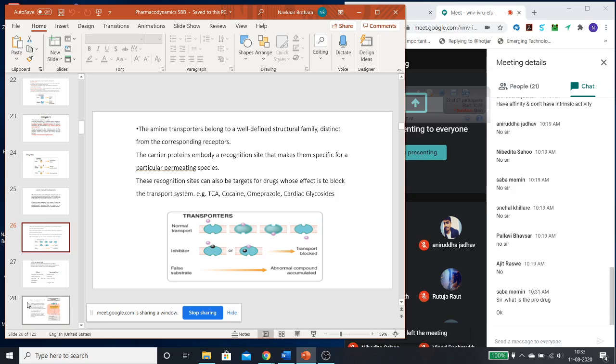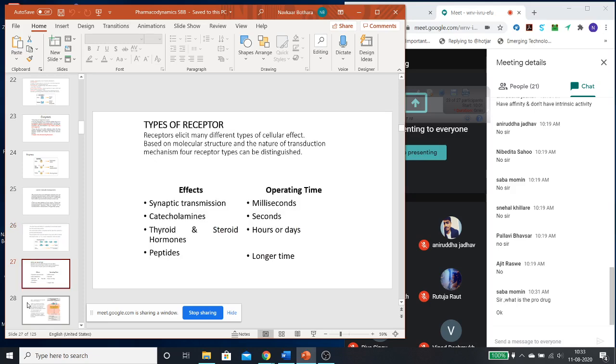Okay. So we have got several such transporter families. There are many families of transporters, and these drugs are blocking. Examples are cocaine, omeprazole is blocking what we call the proton pump. Cardiac glycosides are blocking the transport of calcium. So there are many such, tricyclic antidepressants are the drugs which cause the block of uptake of neurotransmitter noradrenaline into the synapse, and therefore they decrease the level of neurotransmitter inside the synapse. So this is how they are acting.